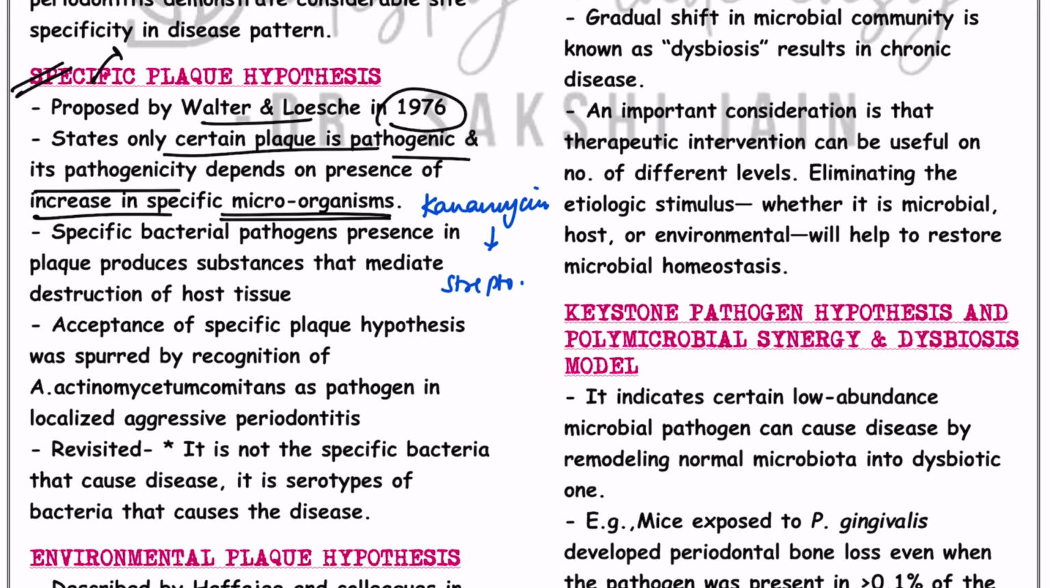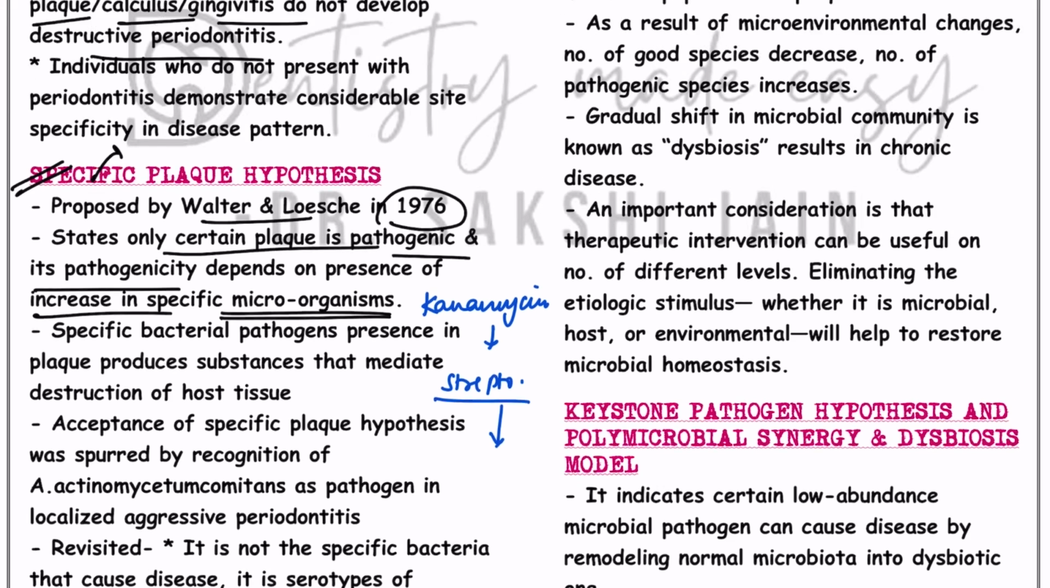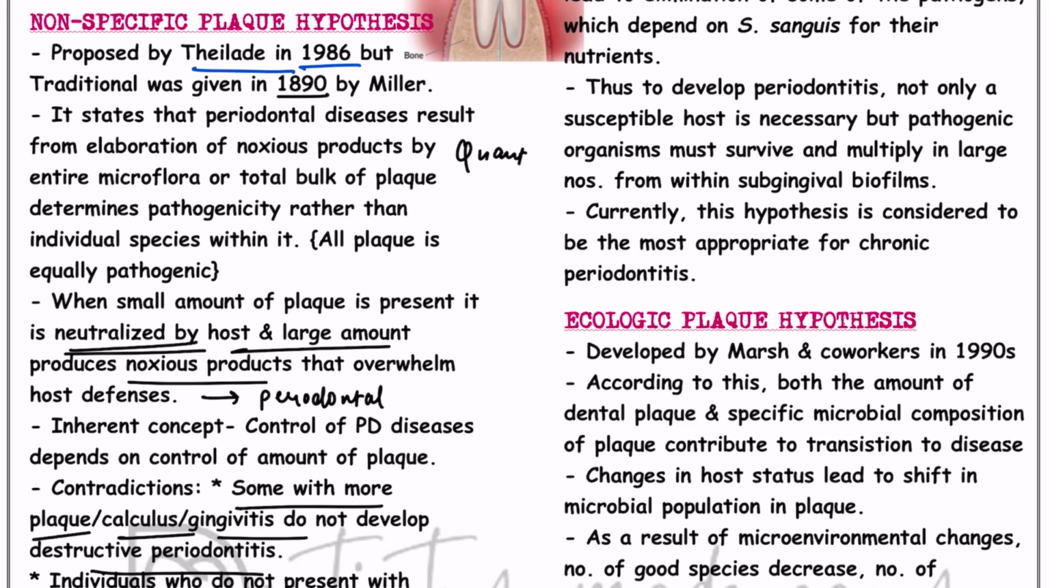But again, it was seen after a few years that the patient became resistant to this particular antibiotic and it no longer helped in reducing Streptococcus mutans, and there was no effect on the dental caries. Because of that, the next hypothesis came into the picture. Here, they came back to the non-specific plaque hypothesis. It was proposed by Thielade in 1986. So he stated that it is not any single microorganism that leads to periodontal destruction, but